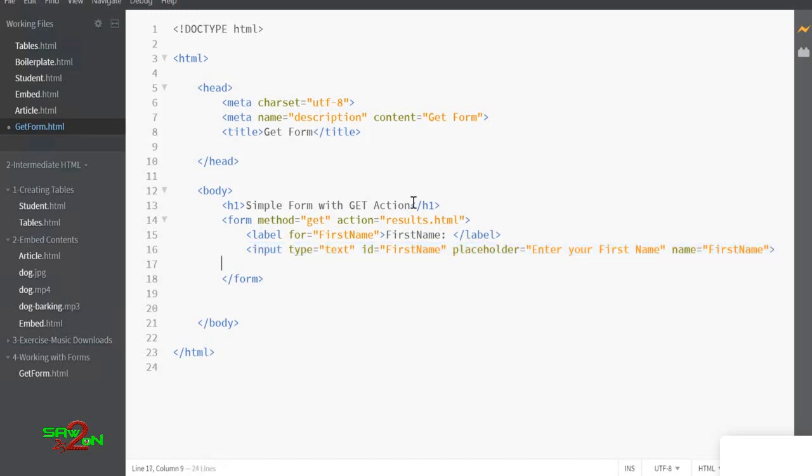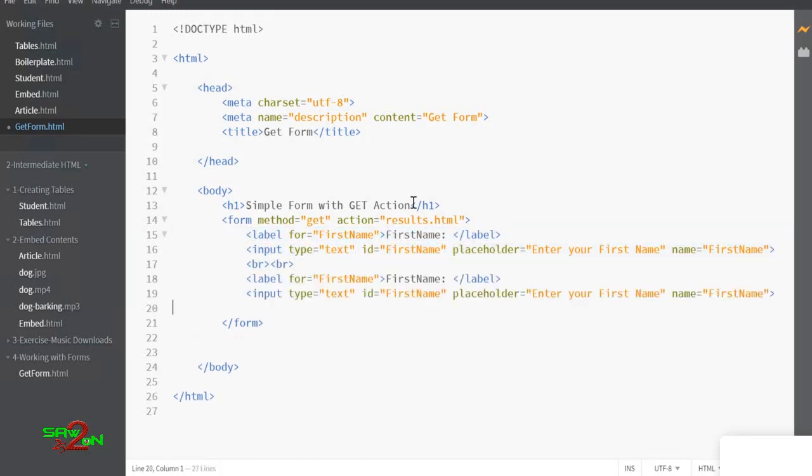Okay, then we're going to add some new lines. Then we're going to say last name. Okay, and then we have to have a submit button and a reset button.